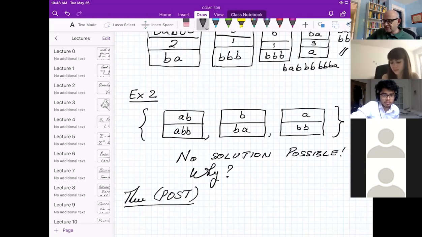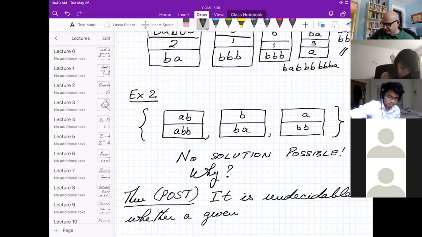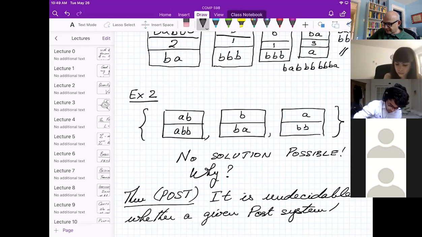But anyway, Post's theorem: it is undecidable whether a given post system has a solution.